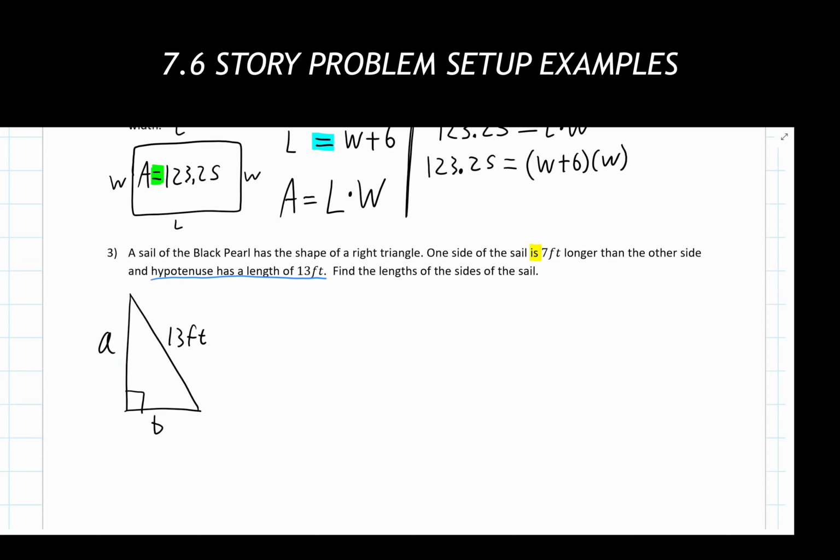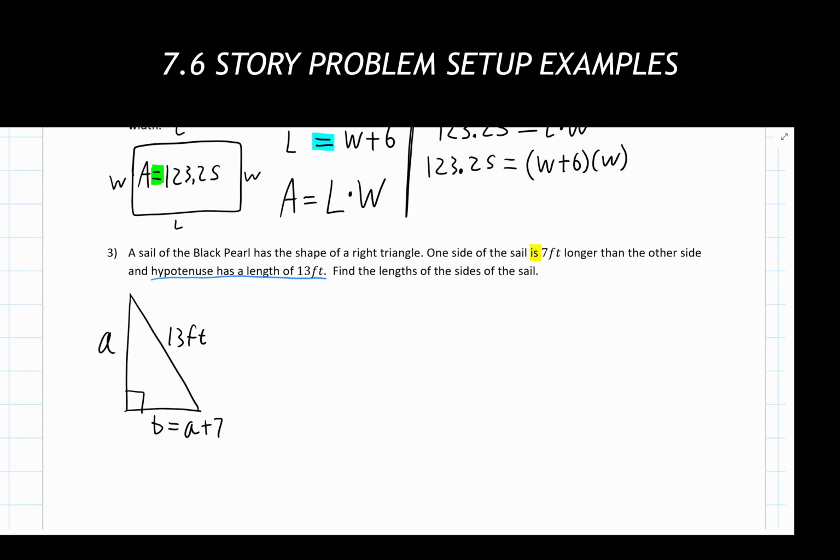Because it's leaving it fairly open and ambiguous there, it's our choice how we want to write this out for ourselves. So just for the sake of space, I'm going to say that based on what this problem is saying, the one side is B. I'm going to say B is 7 feet longer than the other side. So it's going to be the same as saying whatever the length of A is plus 7. So now, looking at this, we have each side length in terms of a single variable, and we have the hypotenuse written out as a value here.